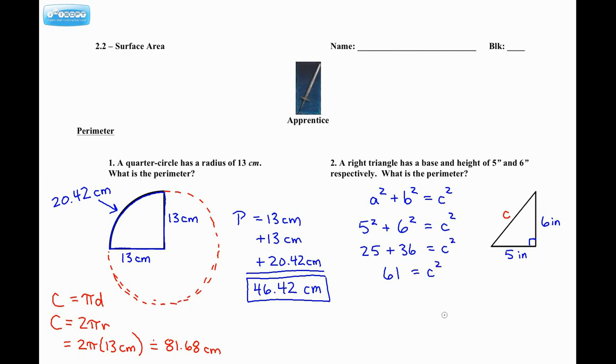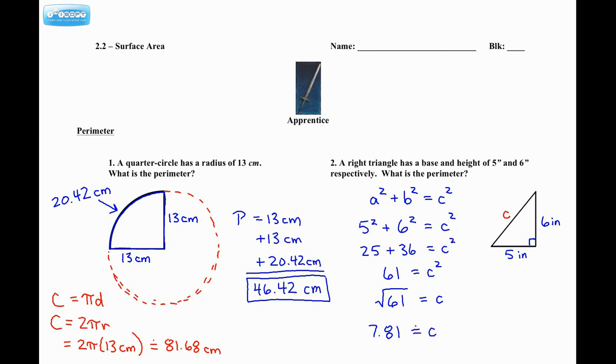But I don't want c squared, I want c. So what number squared is 61? Well, to reverse that, we just simply take the square root. So the square root of 61 must be c. And you can use that in your calculator. So take the square root of 61 and you get, let's see, not a nice number, but you get 7.81, and that's approximately equal to